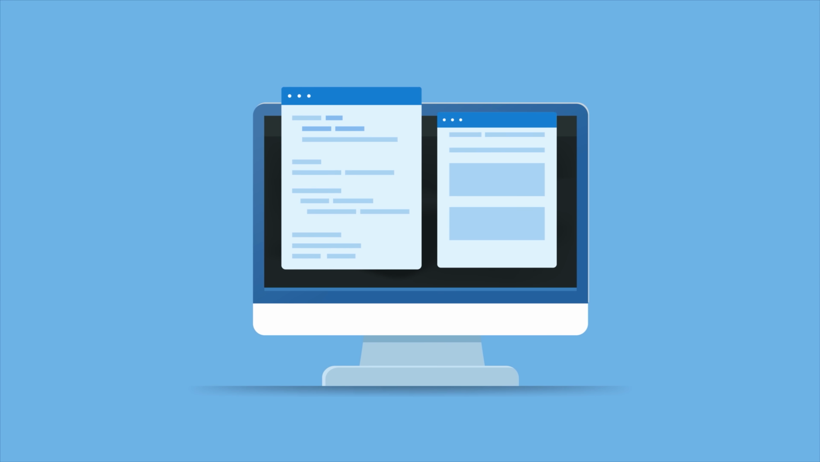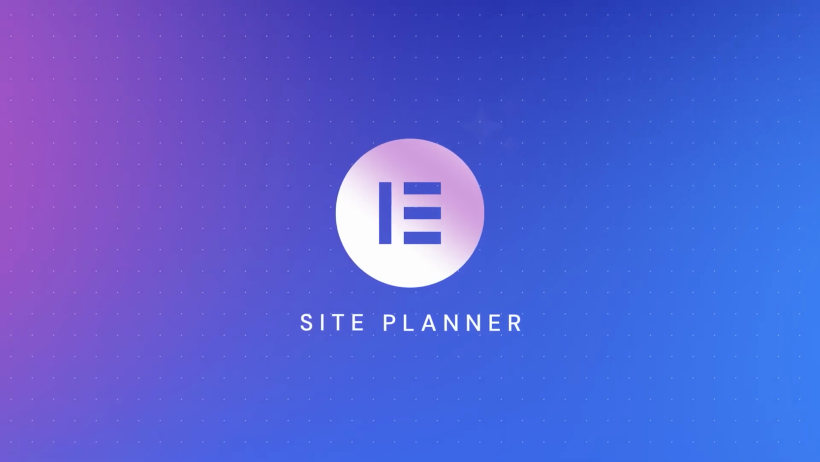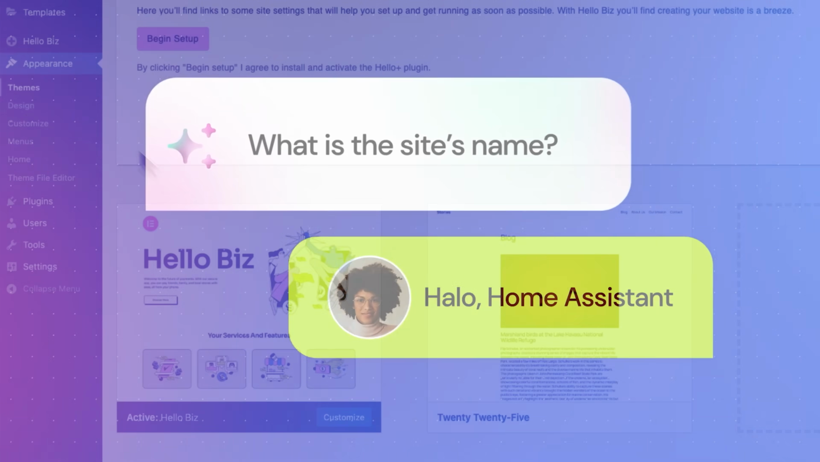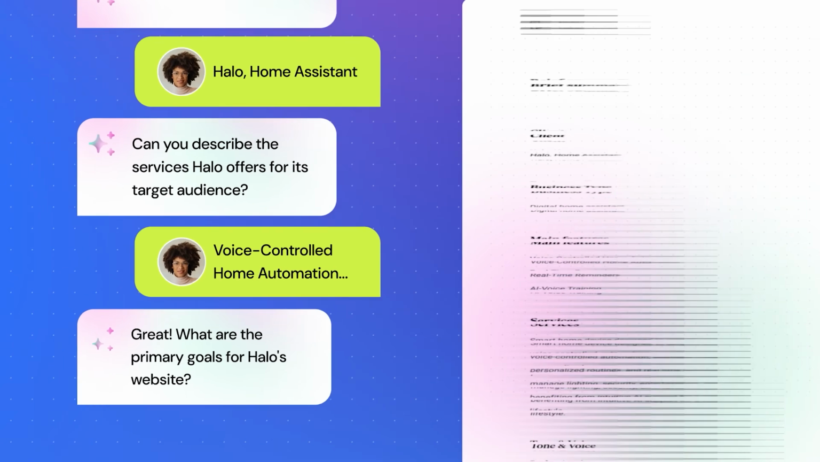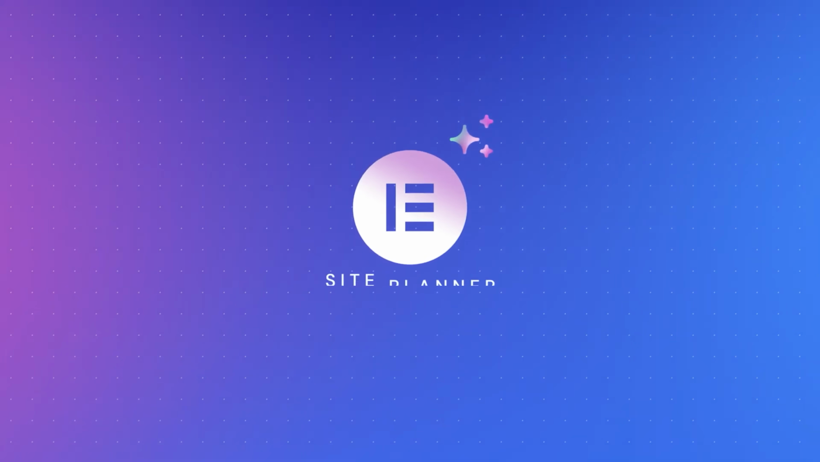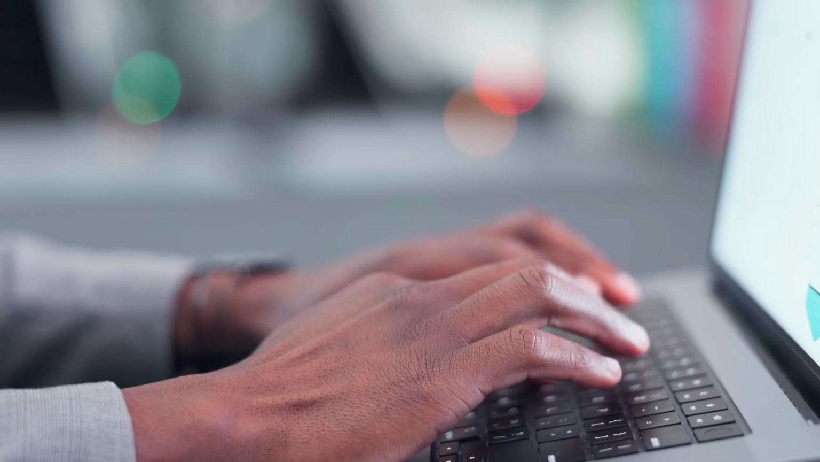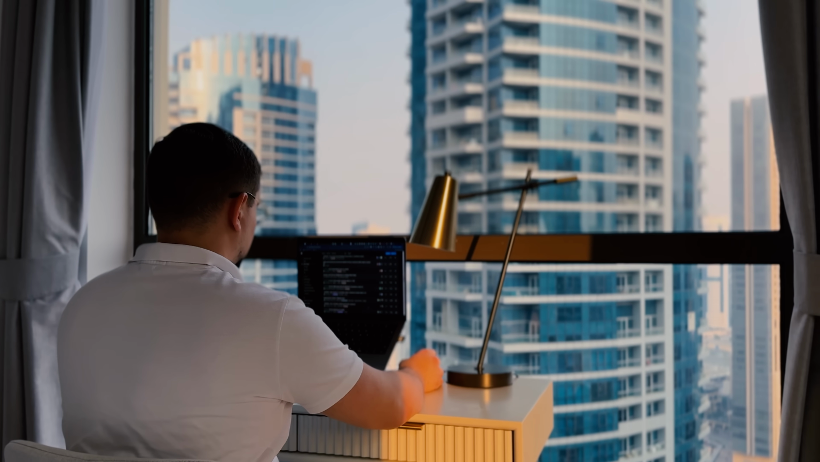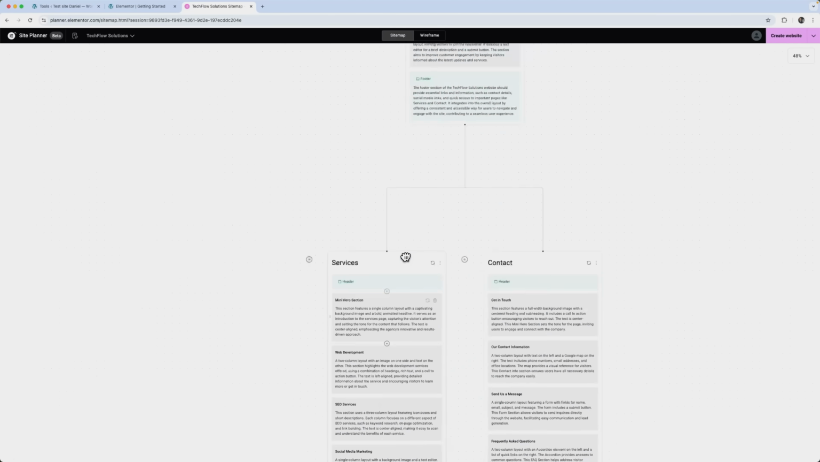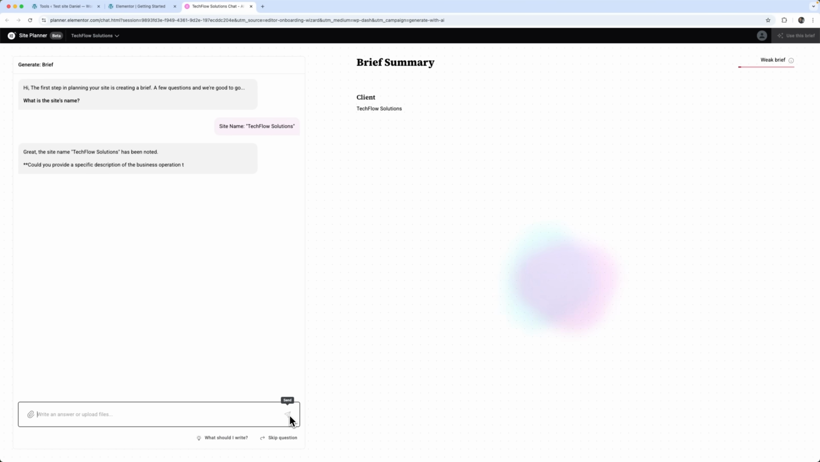Final thoughts. And there you have it, a full-featured, beautifully designed website, created entirely with Elementor's AI Site Planner and the Hello Biz theme. As you've just seen, guys, everything was built in minutes, without writing any code. Elementor's new AI tools are more than just a time saver. They offer a smarter, more intuitive way to bring your web design ideas to life. Whether you're starting from scratch or reimagining your brand online, this new approach makes professional web creation more accessible than